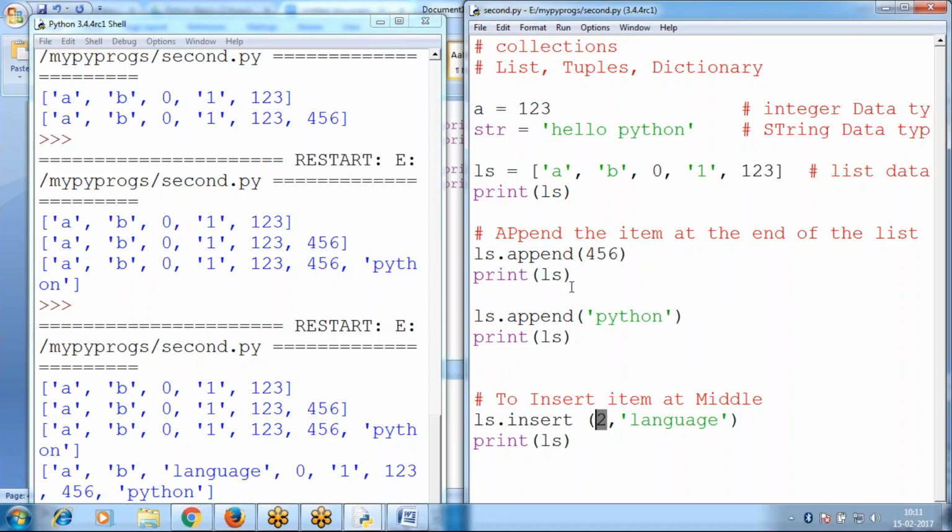Append means at the end. Insert means at the position where you want to insert. Similarly,